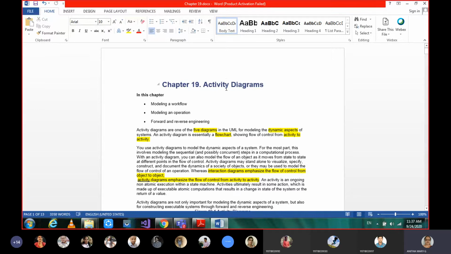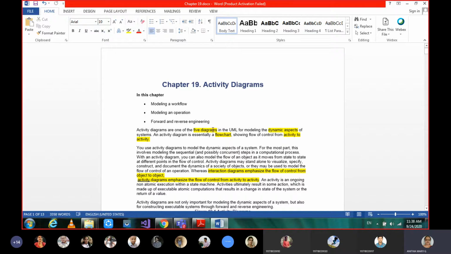Coming to activity diagrams: do they come under static diagrams or dynamic diagrams? By seeing the name activity, some action is shown there, so they come under dynamic diagrams. They are called behavioral diagrams.